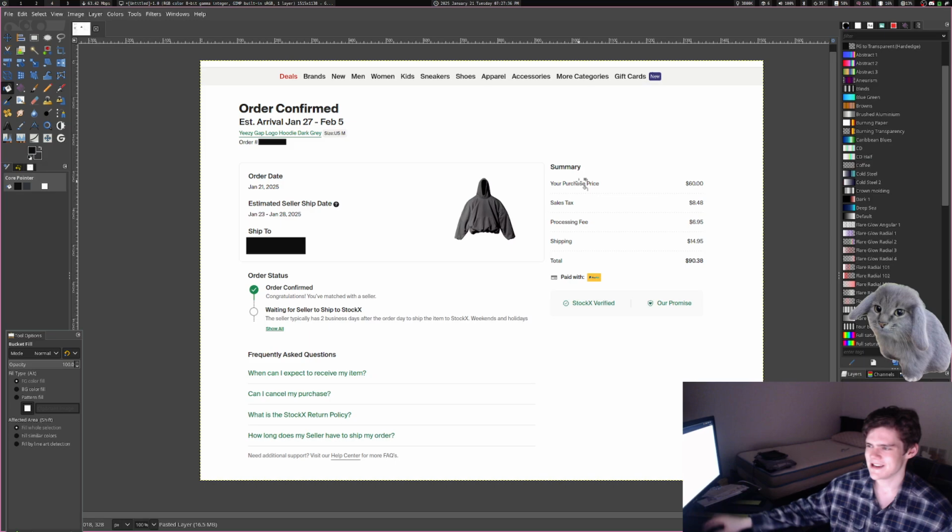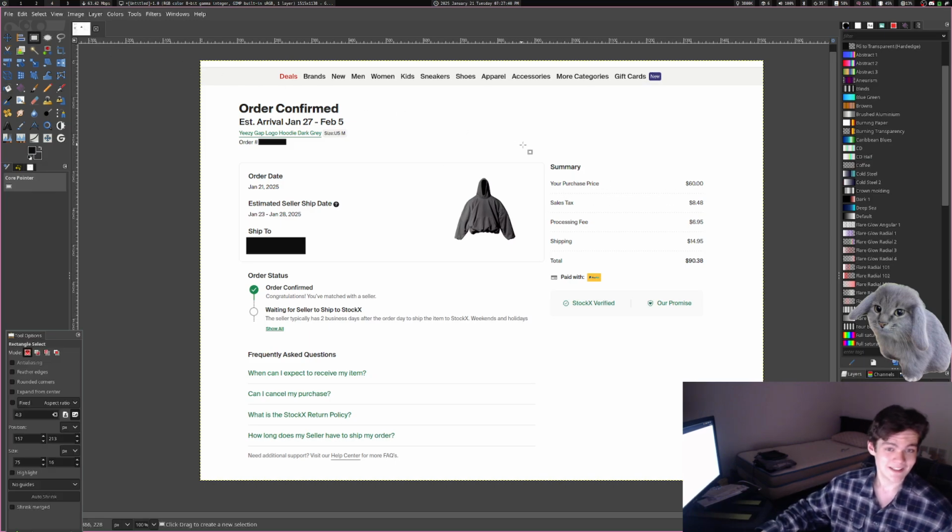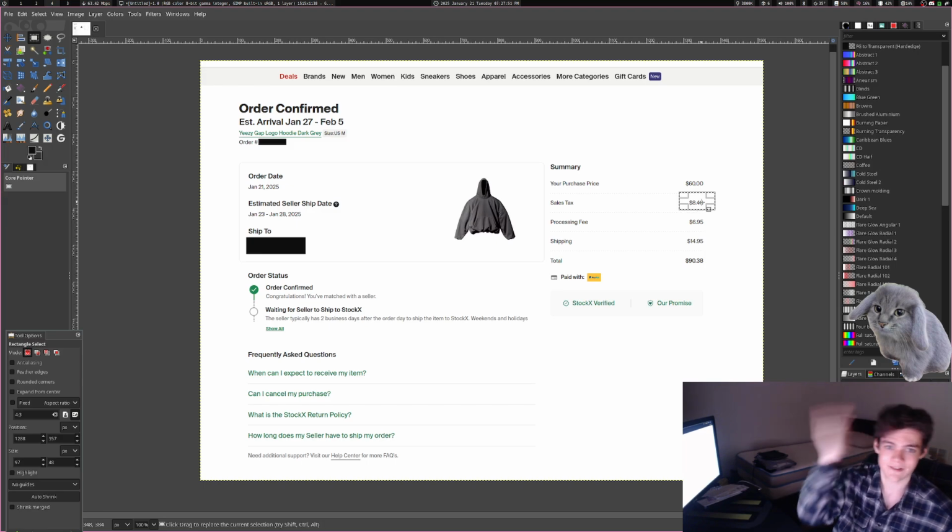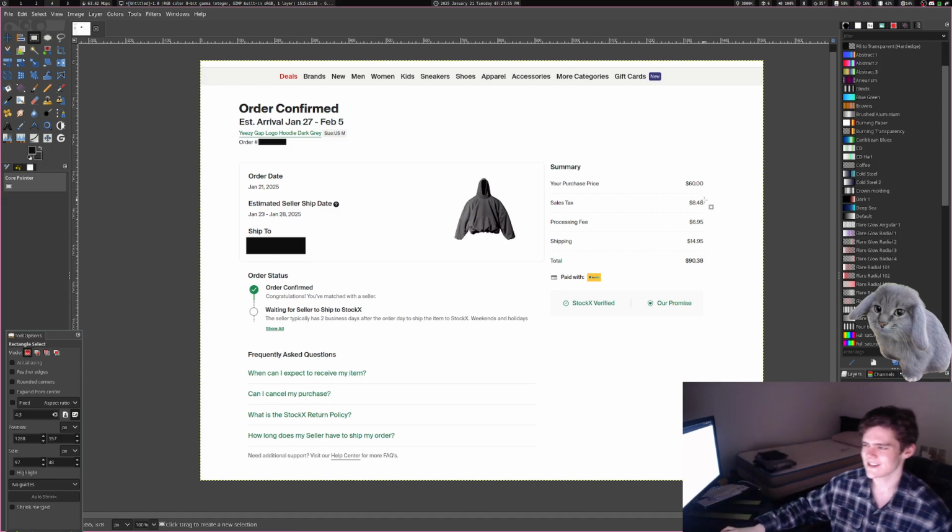Okay, so I took a screenshot of the buy page, and I censored out anything that I think might be compromising. I think the only thing that is compromising is that you can probably find out what state I live in by reverse engineering the sales tax number, and find out I live in Washington, and I don't care if you know I live in Washington. But anyway, so yeah,